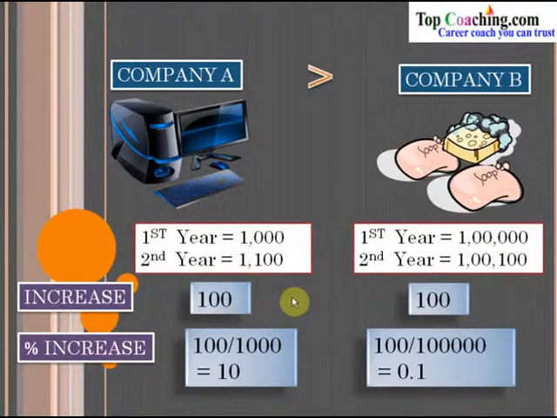Now it's very important for us to understand that whenever we have to find the percentage increment, we use the formula: percentage increase is equal to absolute increase divided by the original number on which the increment has taken place, into 100. That would directly give you the percentage increase. And similarly, if we have to find the percentage decrease, then it is decrease divided by the original number on which the decrease has taken place, into 100. That would give the percentage decrease.